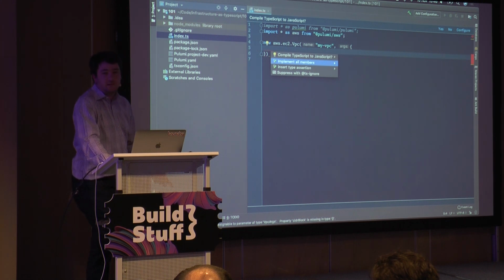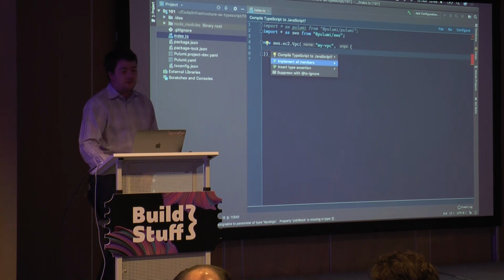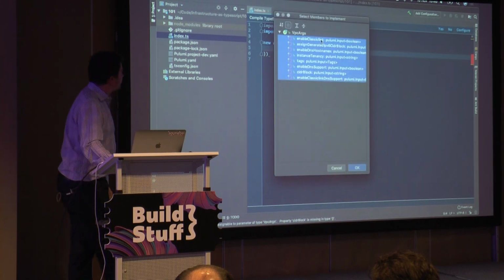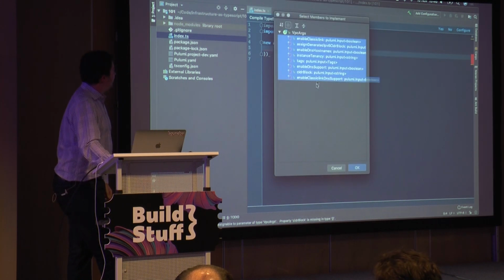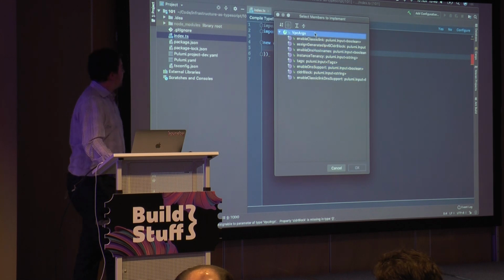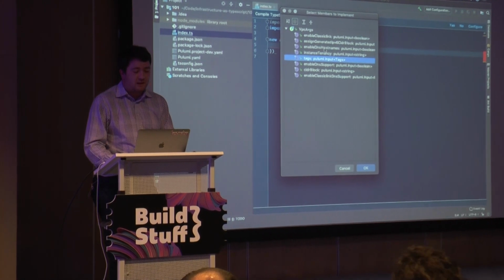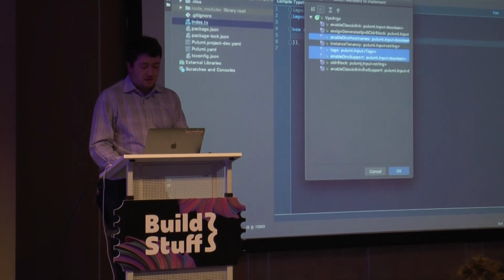So all of the IDE completion works, all of the documentation works, all the linting tools work, all that kind of thing. So we could do here, implement all members, for example, and all of this stuff just gets pulled out of the type system.